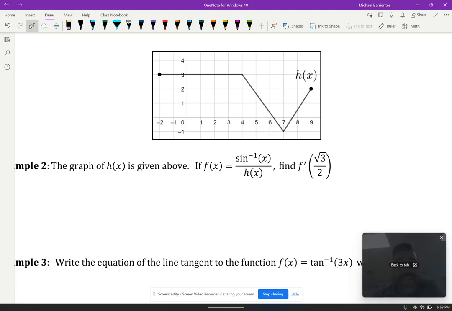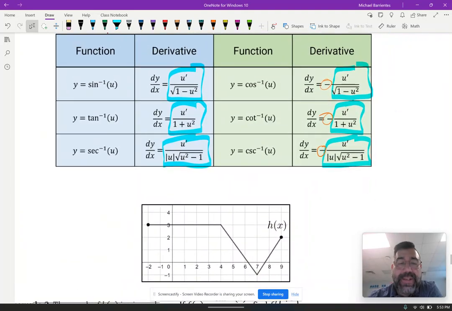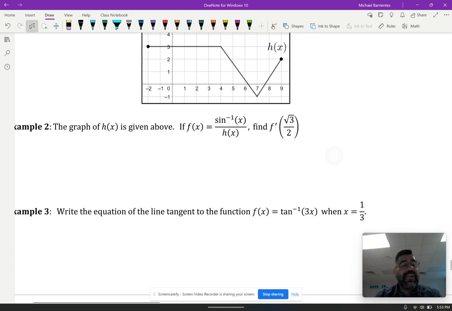All right, here we are, video 2. We are now going to use our derivative formulas for the inverse trig functions. Remember, the whole purpose of sine inverse, tangent inverse, and secant inverse is to find angles. We're given the ratio, we're going to find angles, right? But that's how they were created. But then after a while, it really doesn't matter what the number is that you're plugging in and what the number is that you're plugging out. You're still going to find the derivative the way you normally would. And so when I look at example 2 here,